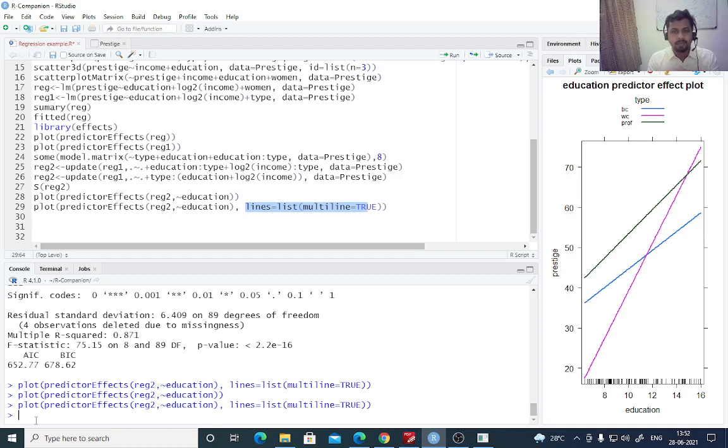I'll again repeat what we have talked about. The moment you get data, first you explore the data by calling the view function or head function or tail function. Then you perform certain exploratory data analysis for each of the variables that you have. Then you go for the scatter plots. Then you go for the scatter plot matrix, which gives you the pairwise correlation. And then on the basis of this information, you start estimating a model, deciding whether any variables need to be transformed or not. If not, run on the original model. If it needs to be transformed, then transform the variable first.